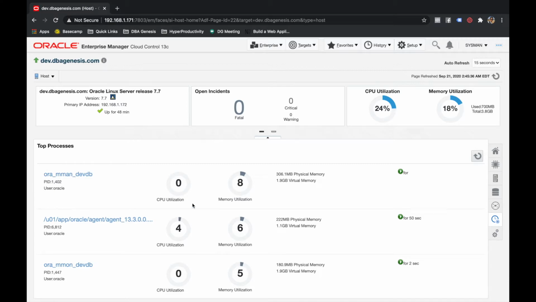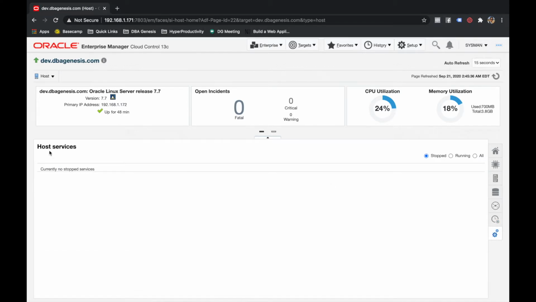Very handy information, correct? The next one is just in case if you have added some new services over here, let's take iSCSI services or some other services on the server, even those services will be listed over here and you will see all those services as part of this area.